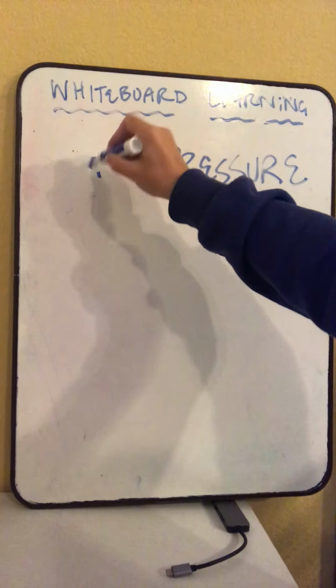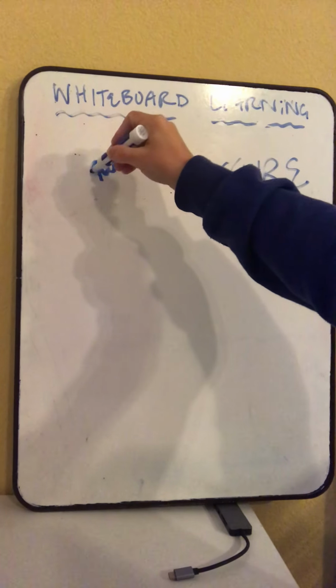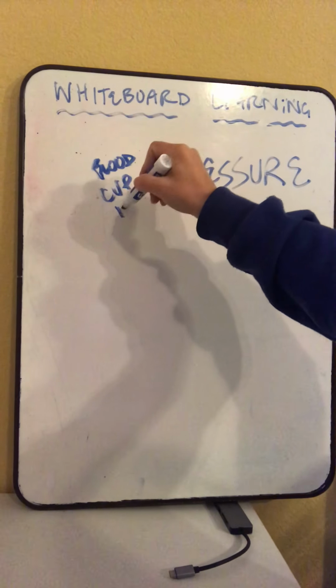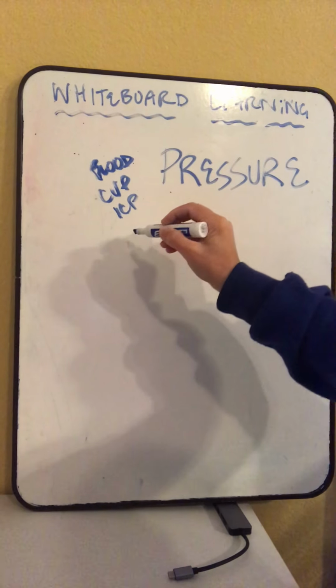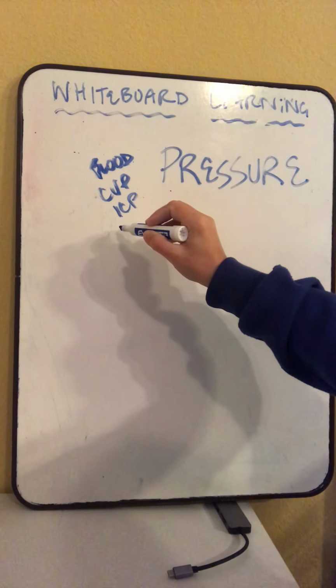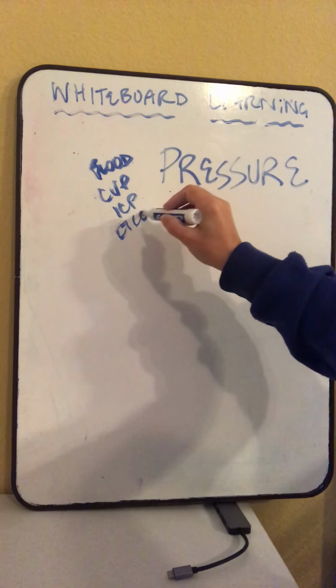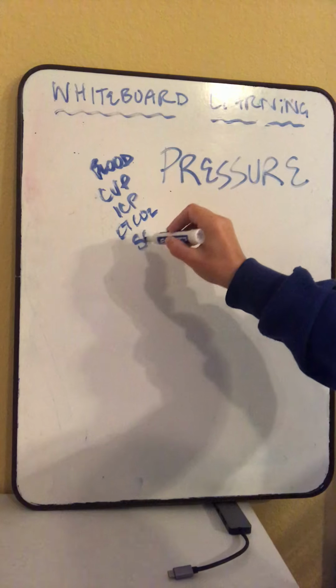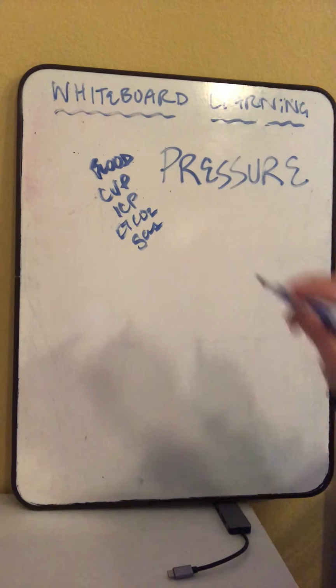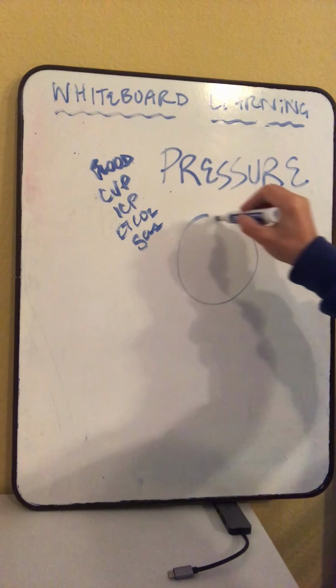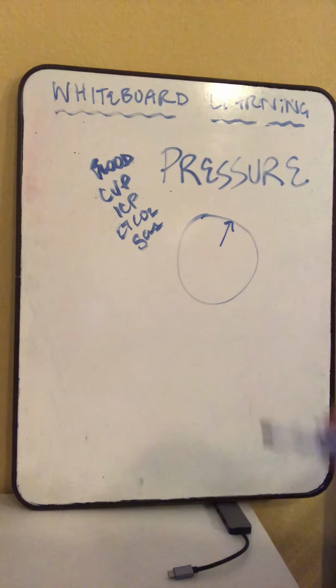You might think of blood pressure, central venous pressure, intracranial pressure, the pressure of gas in your system, so end-tidal CO2, or the gas pressure in your anesthetic system. So there's different kinds of pressures, but let's talk about what is pressure? Pressure is the force of a molecule against another